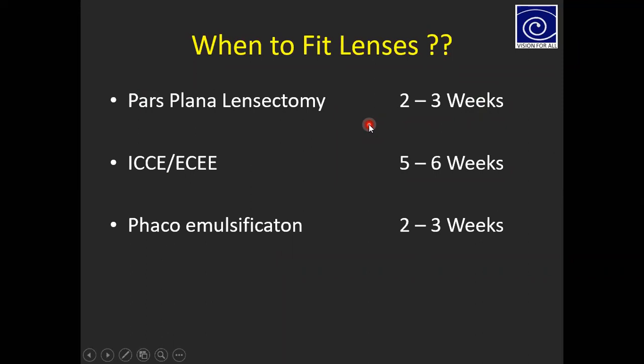When we do the surgery, we cut the sclera and conjunctiva, so it requires at least 3 weeks to heal. Once that heals, only then can you start the contact lens trial. The general rule is that the more invasive the surgery, the more you have to wait. For example, ICCE normally has a very large incision, so there you have to wait more before fitting contact lenses.